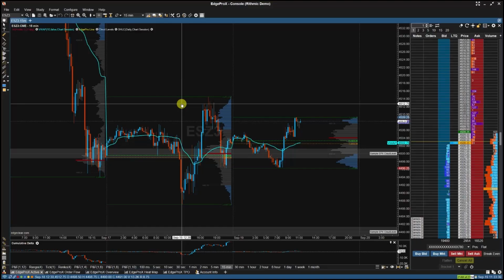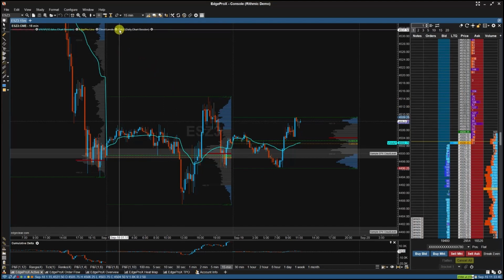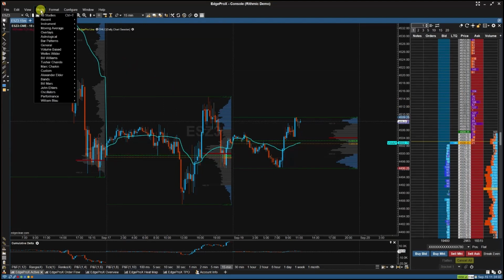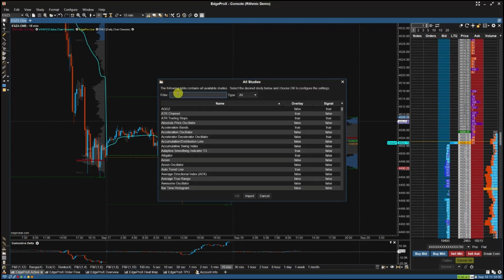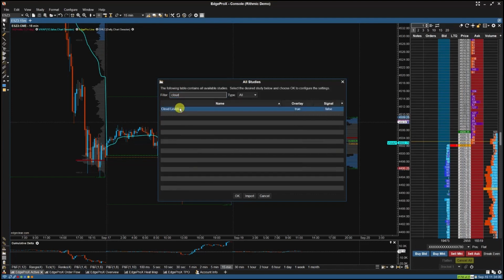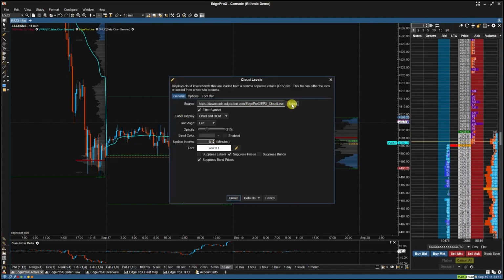Hey traders, in this video we'll go over how to create cloud levels in EdgeProX. To start, click on Study in the menu bar and then select All Studies. Alternatively, you can hold Ctrl-T on your keyboard. Then type in Cloud Levels in the filter window and double-click on the Cloud Level Study to pull up its